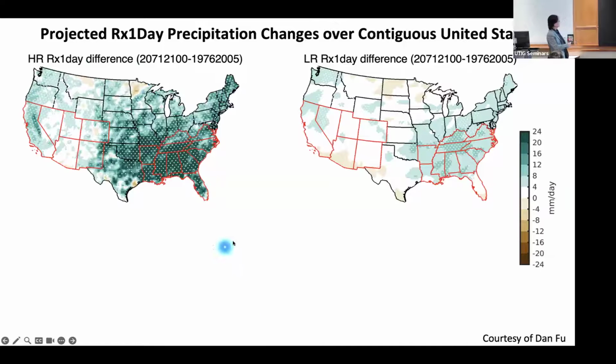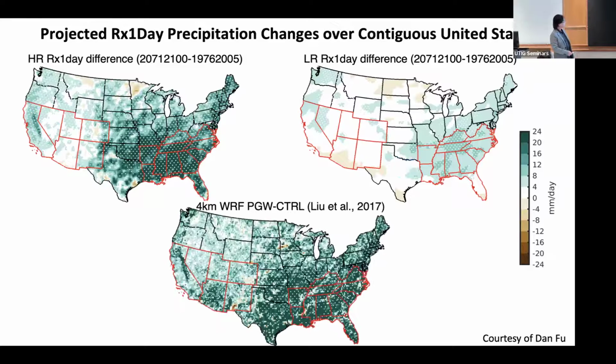One of the surprises to me is that the majority of the extreme precipitation increase is going to be in the southeast, not in the southwest, even though we expect a large amount of increase in atmospheric river phenomena like that in the Pacific sector. But for some reason, it doesn't seem to translate into a significant increase in the extreme rainfall. So this is something we're investigating right now, to see whether we can understand that. And this is the corresponding projection in the low resolution model, a much muted response, right?